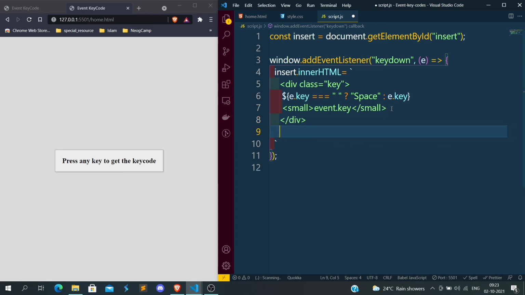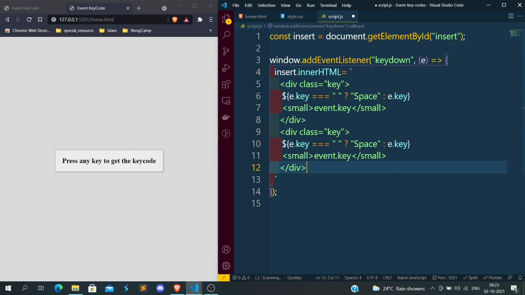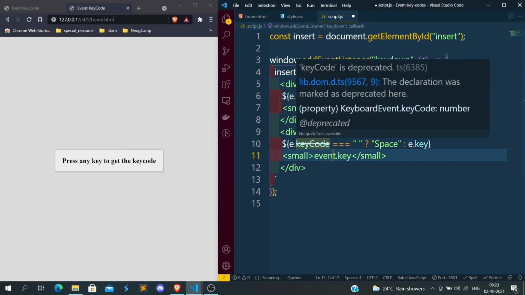Let's make another div like that. So just copy that and paste it here. So we need the key class. Again I'm checking. So this time I will check for key code. So this key code should not be empty. Basically this key code is deprecated, but for me it will work as of now.